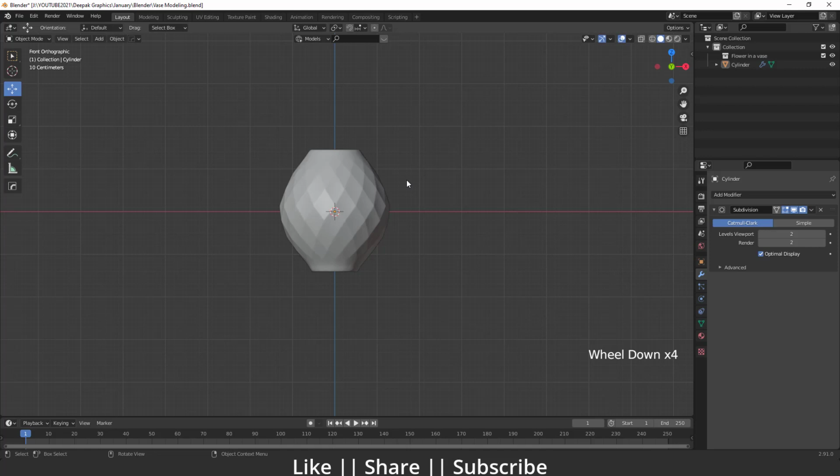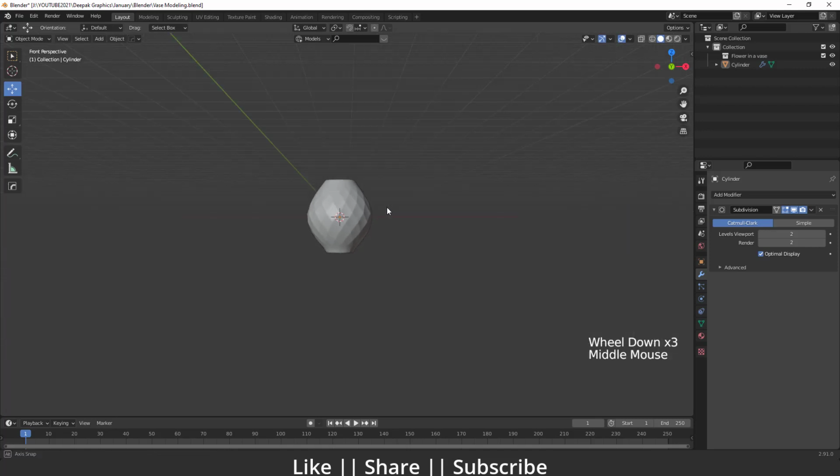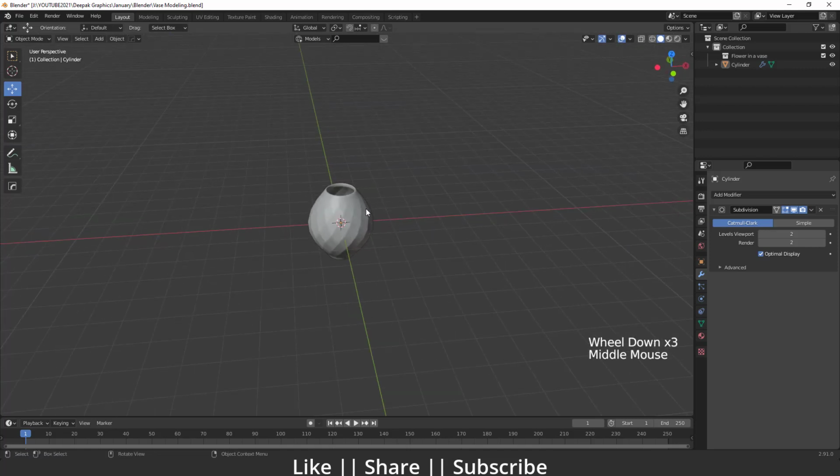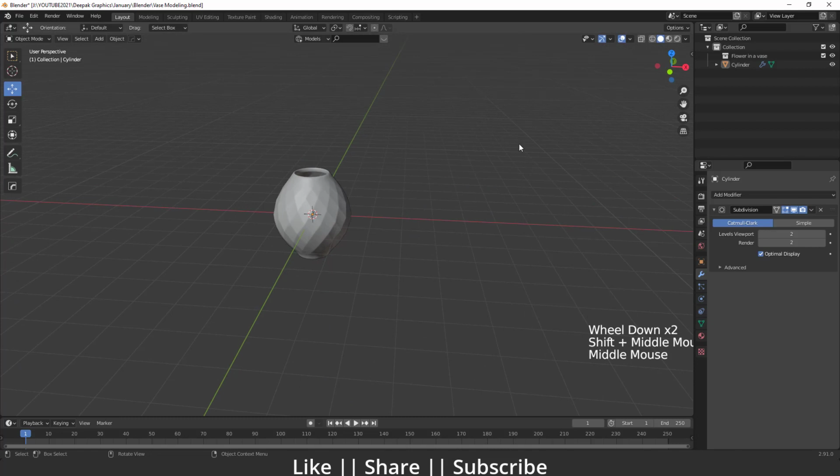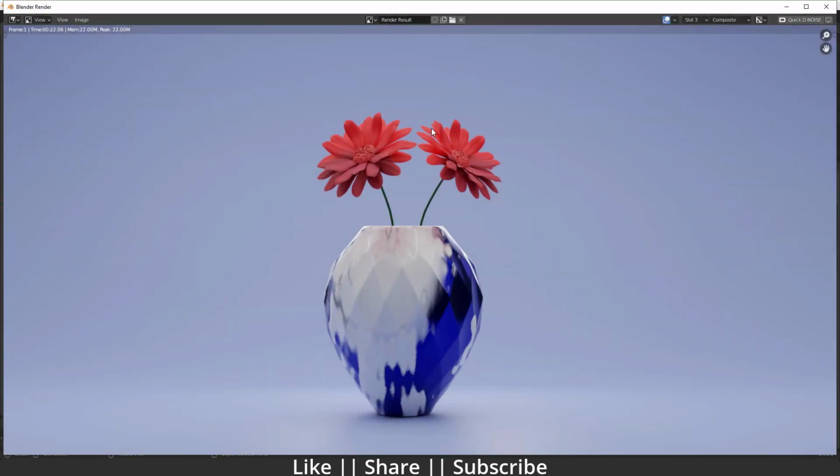Okay, so after that you just have to apply the texture to your vase, and then you have to add these flowers, which you will get in this project file. And when you add the light to your scene and take the render, you will see something like that. Okay, so that's how you can create this modern vase modeling, and that looks great to me by